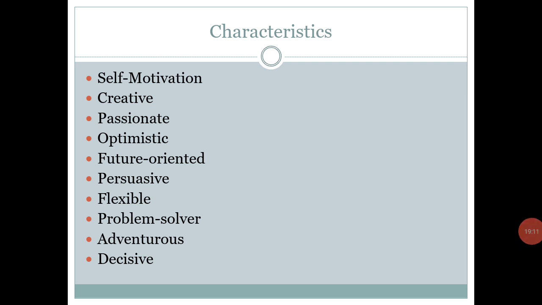So this person, the entrepreneur, he has all these characteristics within him. Okay, and he tries to imbue all these things into himself, and through this, yes, he achieves all that he has